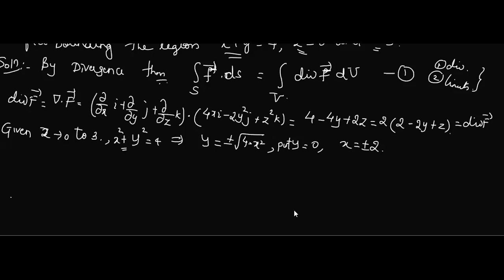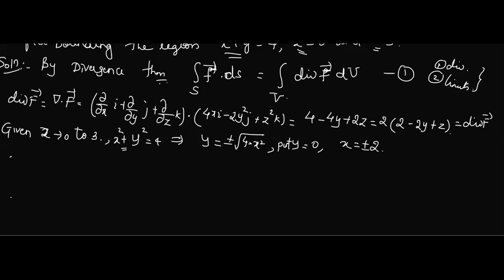Okay, just take the limits properly, then only the part will be easier. See, you know that when you substitute in terms of triple integration, outside you should have a constant, then inside it may be a function, no problem. But outside it should always be a constant. How can I get a constant? By putting those earlier variables as 0. Okay, now after this, let us substitute in equation 1.